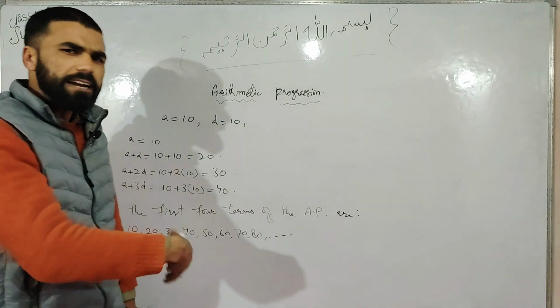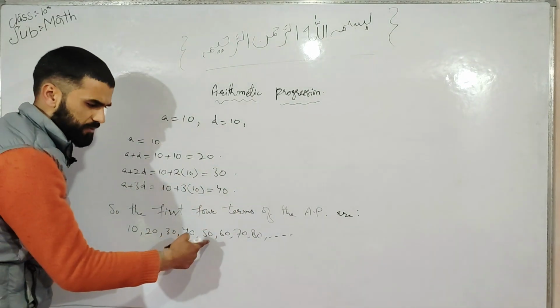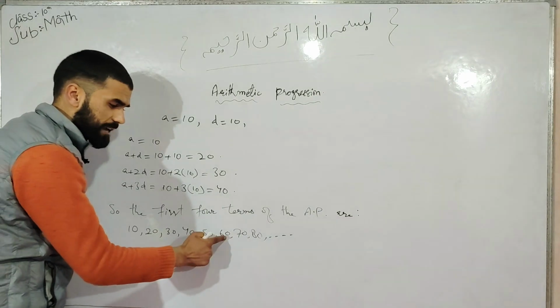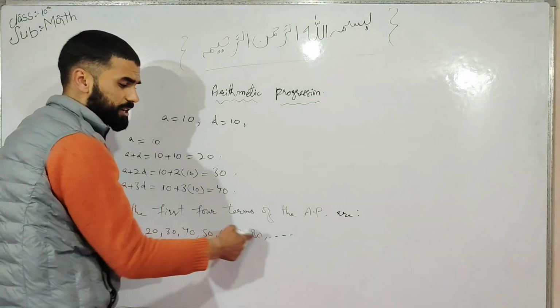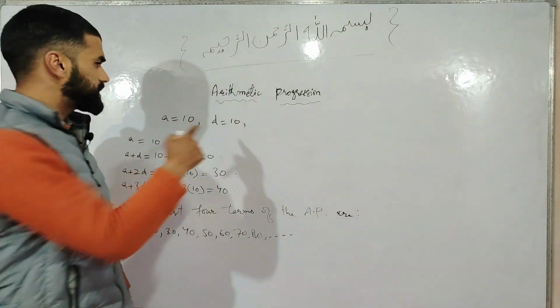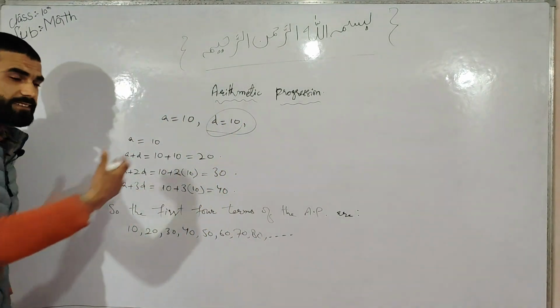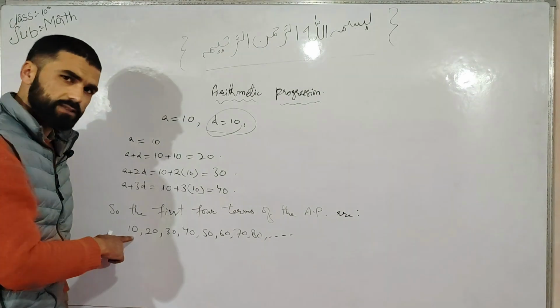So you have to just add 10 to the preceding term, and when we add 10 to 40, it will be 50. When we add 10 to 50, it will be 60. When we add 10 to 60, it will be 70. When we add 10 to 70, it will be 80, and so on and so forth. So you have to just add a fixed number, and that fixed number is here 10. So you have to just add 10 to the preceding term, but except the first term,